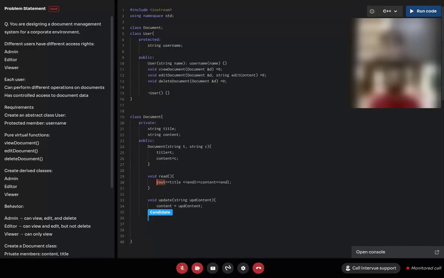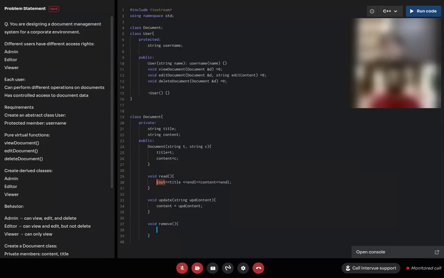Then for Document, we'll need a remove function.